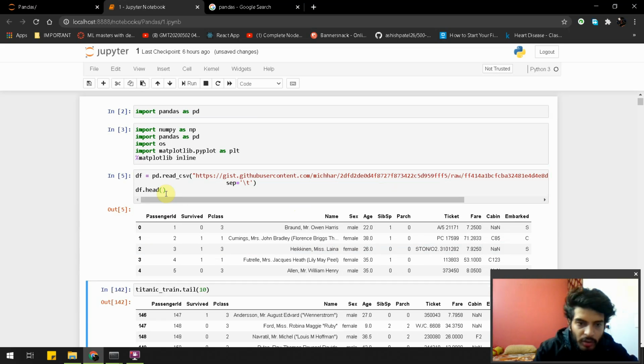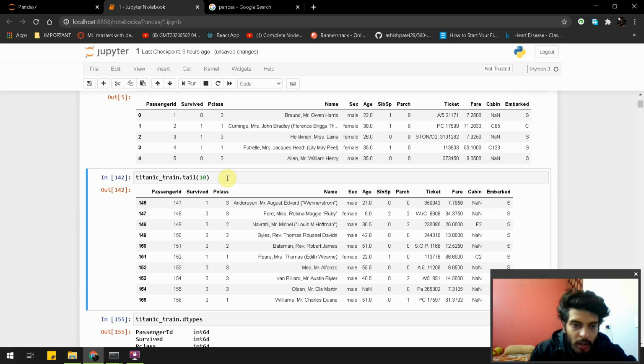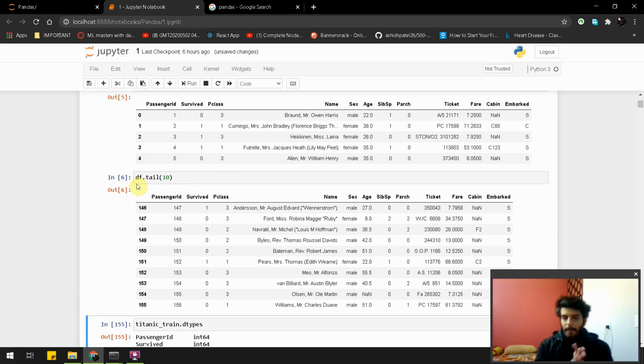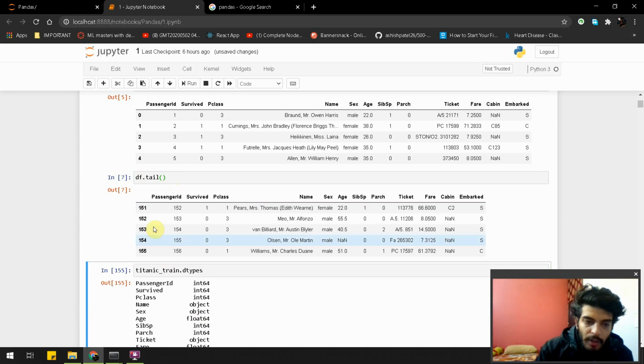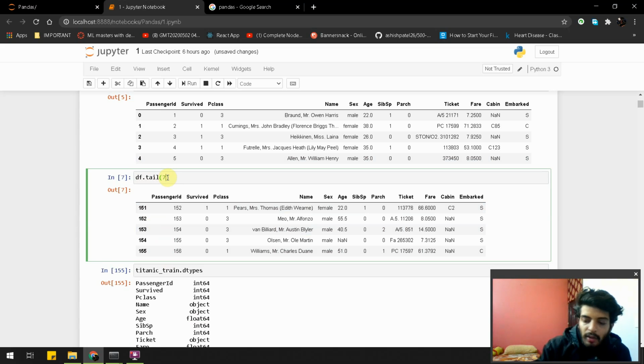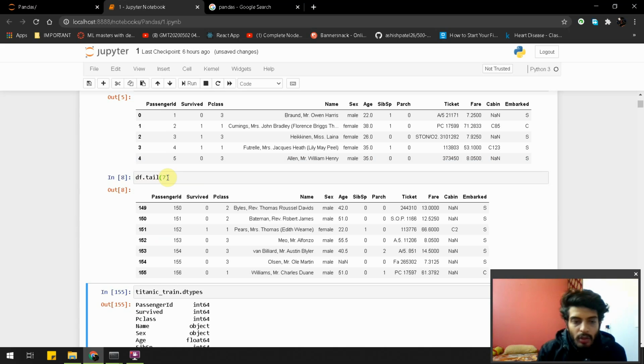It just shows you the first five rows of the data frame, and there is also a function called tail. We can run it. It shows us the tail part of a data frame, and we can also change the number, or if we don't put any number, then the default is 5 rows. And if we want to see 7 rows from the end of the data frame, then you just press shift